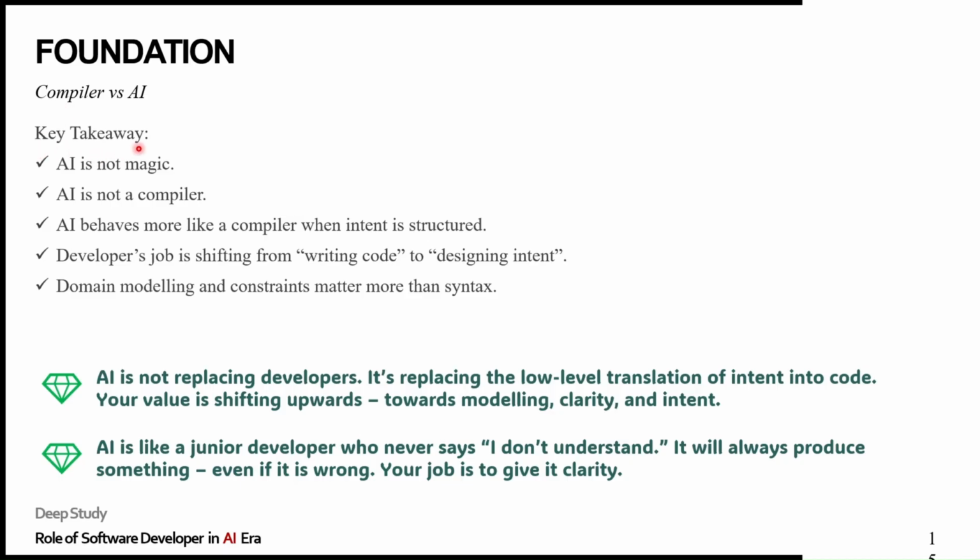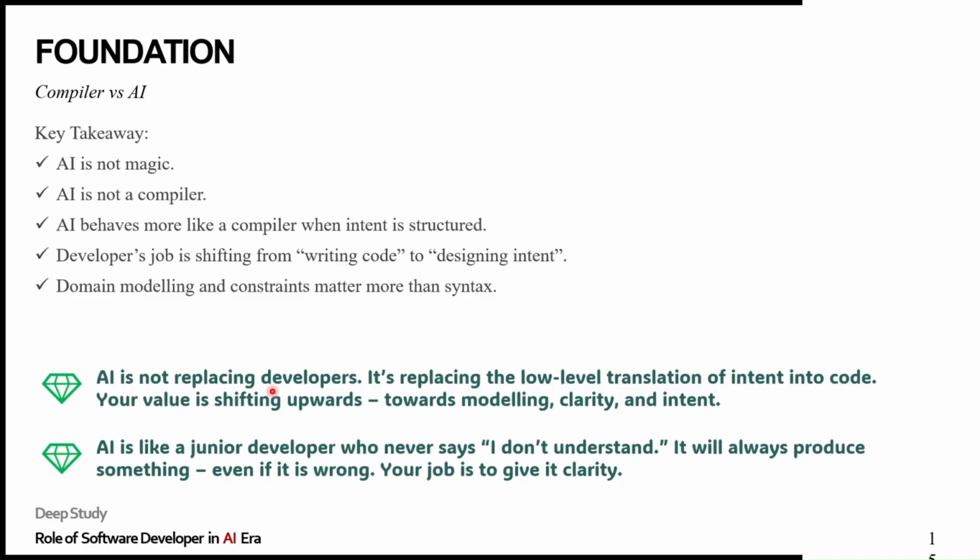Key takeaway. The key takeaway for this section is that AI is not magic. AI is not a compiler either, but AI can behave more like a compiler when the intent is structured. Developers' job is shifting from writing code to designing intent. Domain modeling and constraints matter more than syntax. To summarize it,